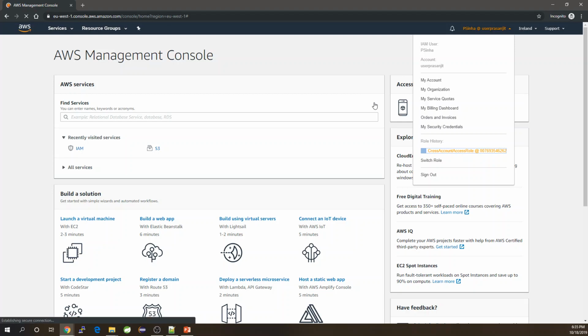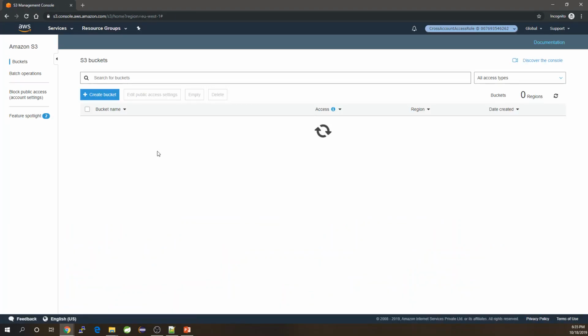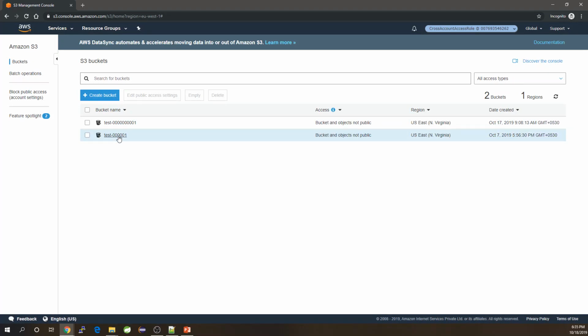So this will take us to a new window. It's already authenticated, and we see this role is switched, and this role comes in a different color code than the role the user is actually logged in with. So currently P Sinha is logged into the production account, and we can verify that by going to the S3 bucket and seeing if the S3 buckets of the production are listed here. So these are the two production